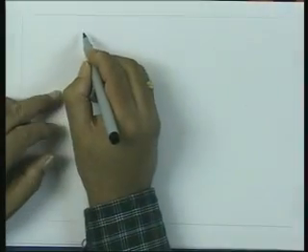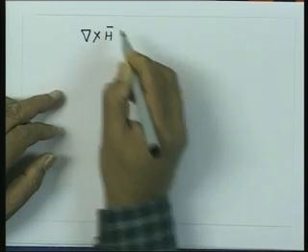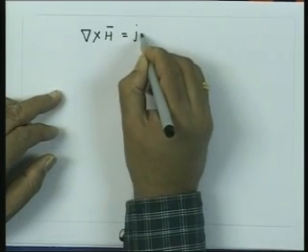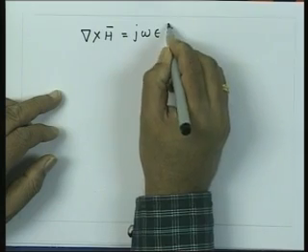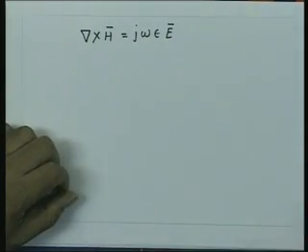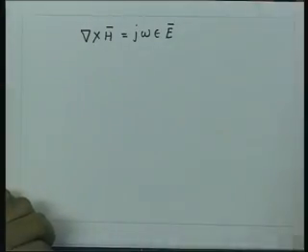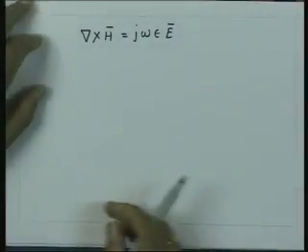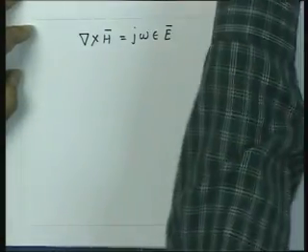I can start with this equation, del cross H equal to j omega epsilon E. Again I substitute for E and del with the transverse and longitudinal components. I will get, on lines similar to this,